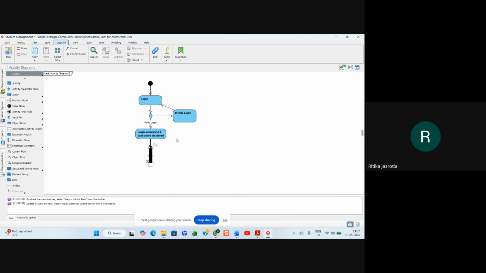So the fork node, we are saying one of that is fund transfer.